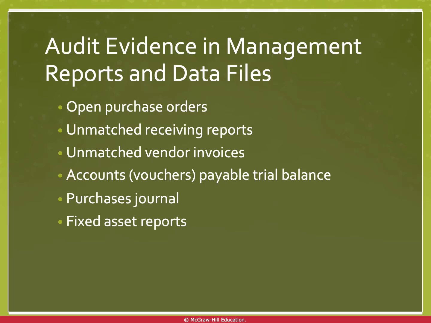Unmatched receiving reports may indicate weaknesses in internal controls related to the three-way match process. In other words, matching purchase orders, receiving reports, and vendor invoices. Auditors assess the effectiveness of these controls and may perform additional tests to ensure that all three components are appropriately matched. Discrepancies between receiving reports and other documents may indicate errors, fraud, or unauthorized activities. Auditors investigate any unmatched items to determine the reasons for discrepancies and to identify and address potential risks to the